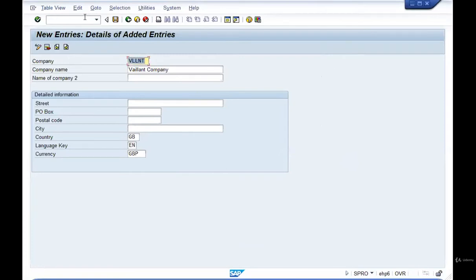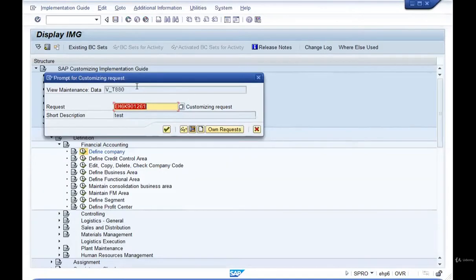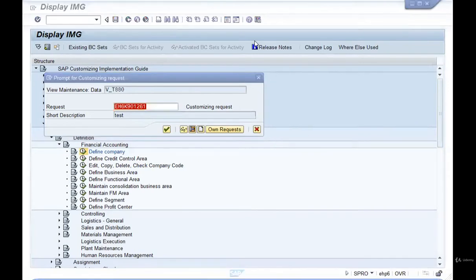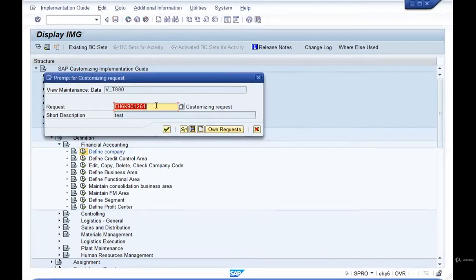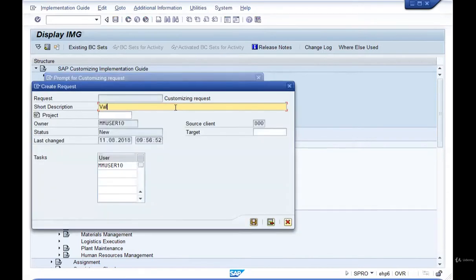Now, clicking on Save in the configuration screen for the first time in the transaction screen, you will see a pop-up box called the prompt for customizing request. This is also called a transport request. In the real world, when you're working on a project, each consultant will be assigned their own request number to save the data in their own request number so that it is easy to track what each of the consultants are doing. For your practice, click on this Create Request button, enter a description,